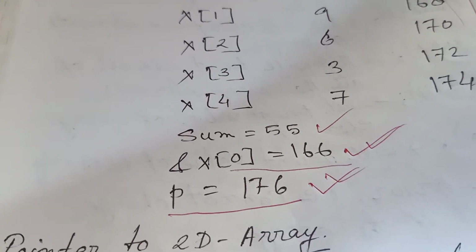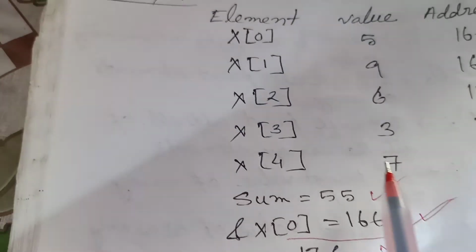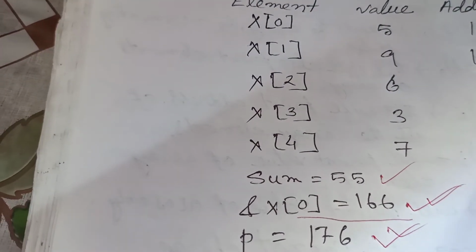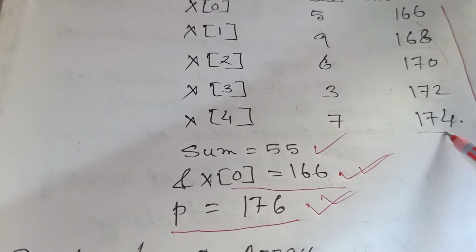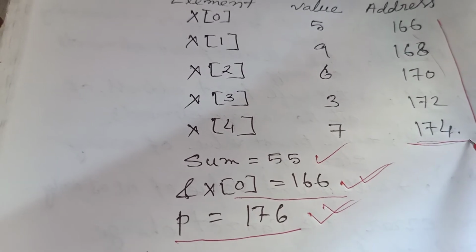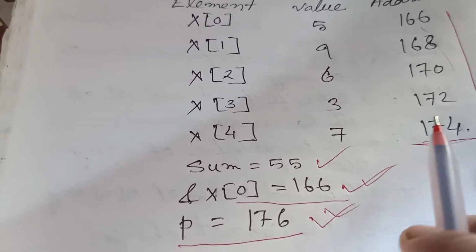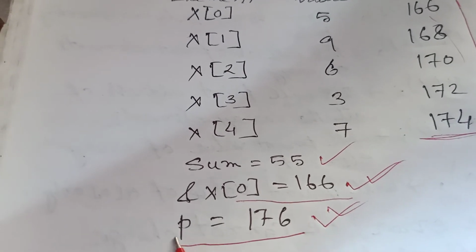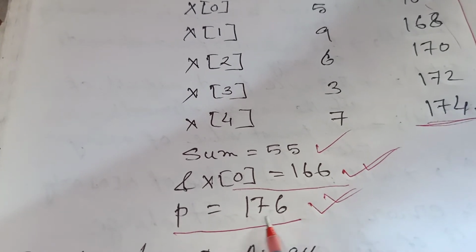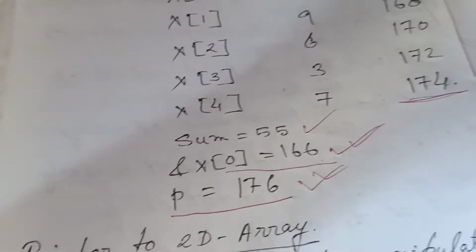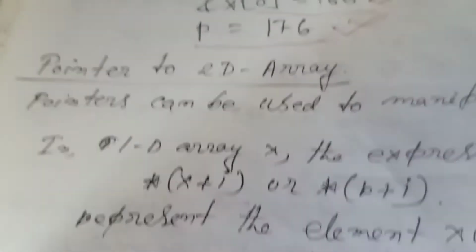So after taking the address value of x4, that means the fifth value, which is 174, it will increment it by 2 and the pointer variable is 176. Okay, next,